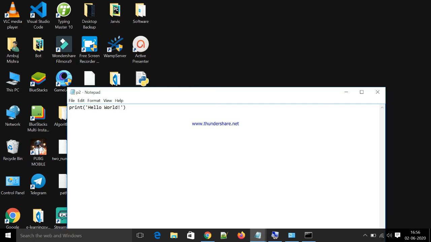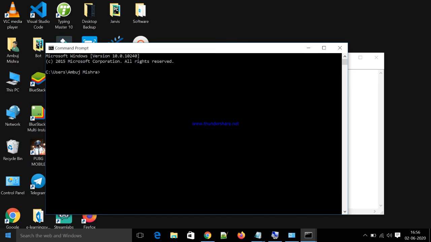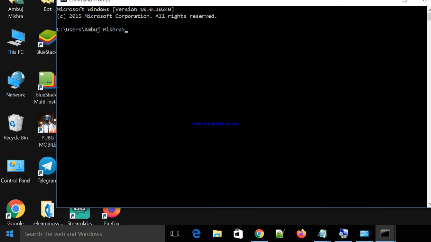Okay, this program has been saved. Now go to the command prompt window, change the path, and execute python space your file name, that is p2.py. Make sure you write the file name with the extension also. Enter. The output will be displayed on the command prompt window, that is hello world. This is the second way you can write a program in Python.